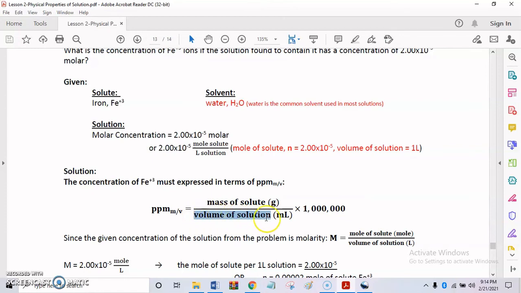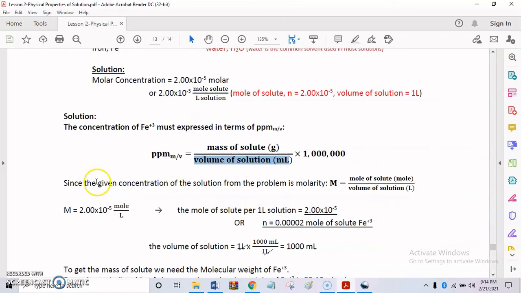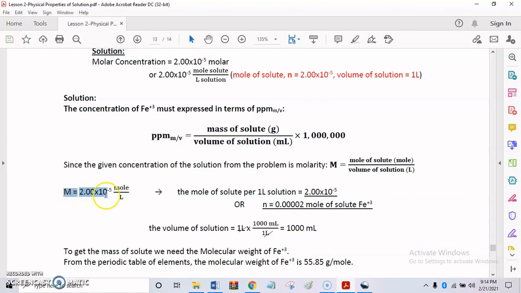So meron na tayong volume of solution which is 1 liter. Since the given concentration of the solution from the problem is molarity, ito na siya. So the mole of solute per 1 liter solution is yung N natin na 2 times 10 to the minus 5 or